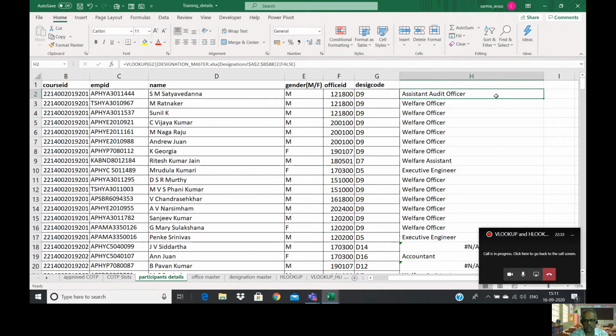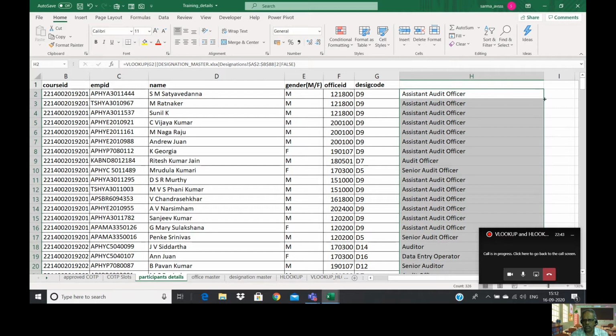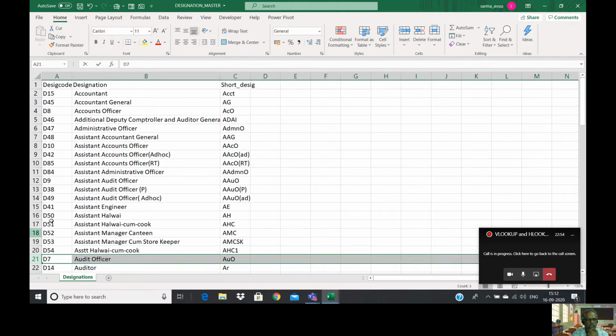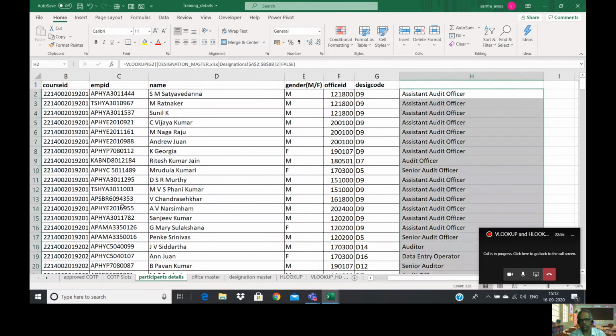I'm not sure, but in this version, we have to say the exact match. Then only it will pick up the correct values there, right? Now you see. Similarly, D7 is the audit officer. Let us check whether D7 is an audit officer or not. Okay, right. D7. This is the audit officer. Okay, so our VLOOKUP functions properly. It picked up the correct values, right?